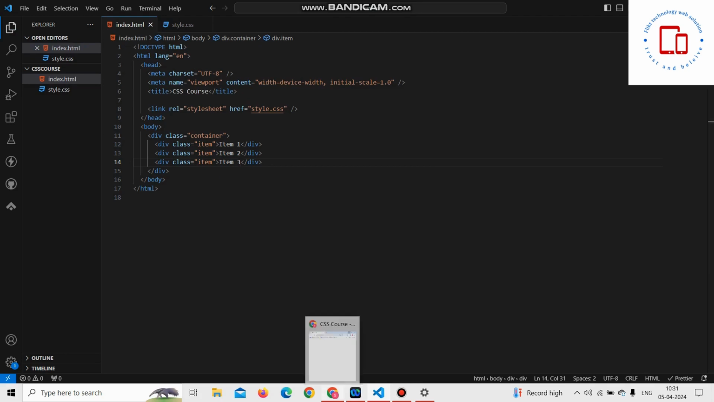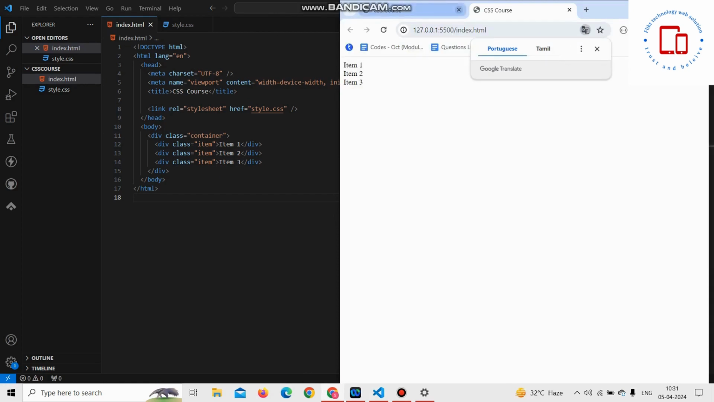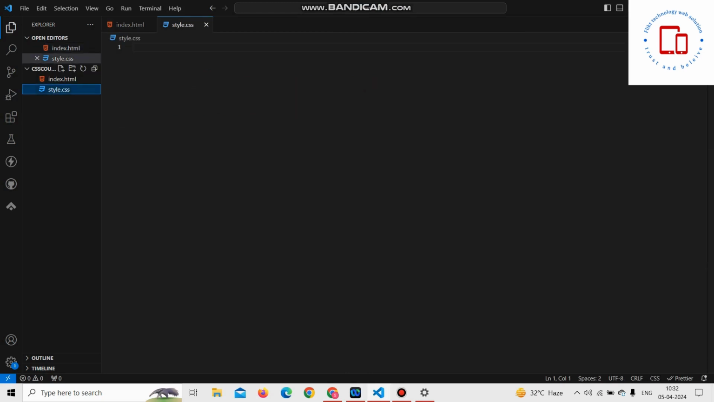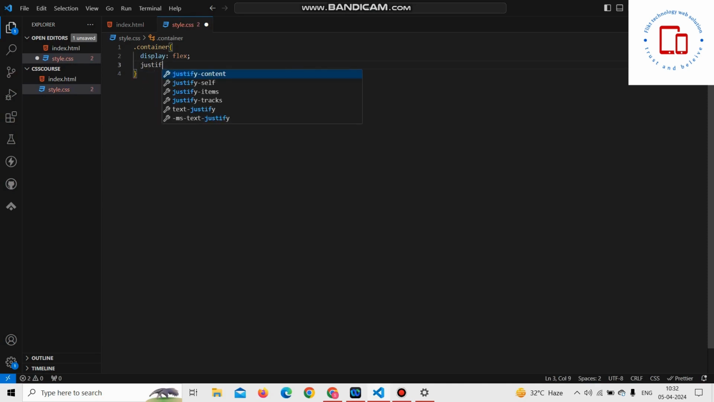Now you can see how the code looks in the browser. It was like this. Now I am going to show you the style of using the display flex. Dot container. Now I am going to use a display property of flex, display flex, and justify content, I'm going to give space between,